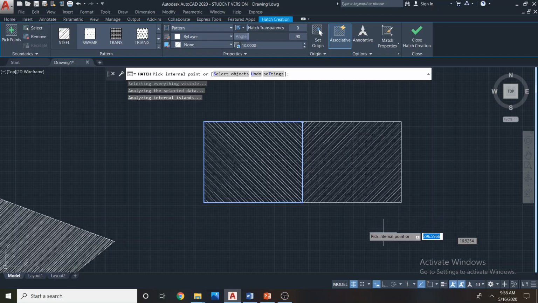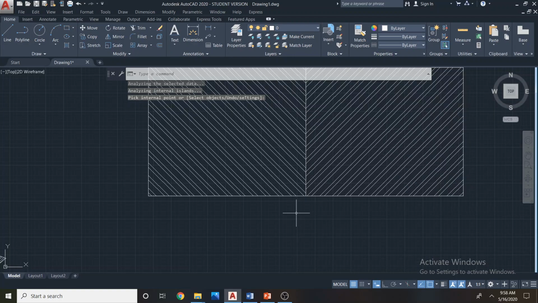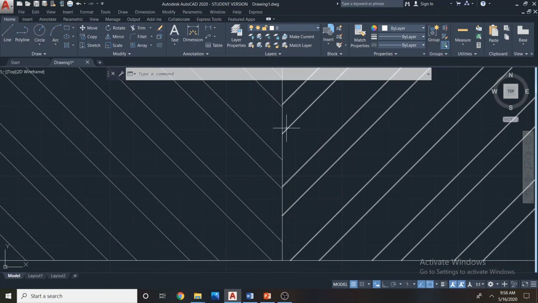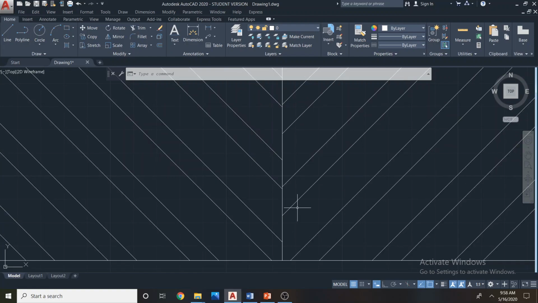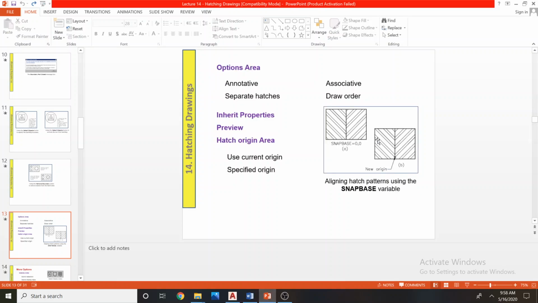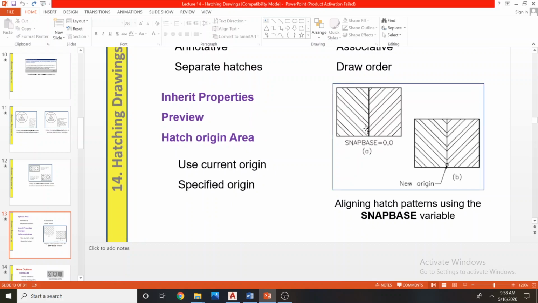Now this is the result. But when you look at these two hatches, you may see this is quite okay, but not professional, because these lines are not nicely aligned. So these endpoints are not nicely aligned. So you have to create something like this. This is the result I also received.